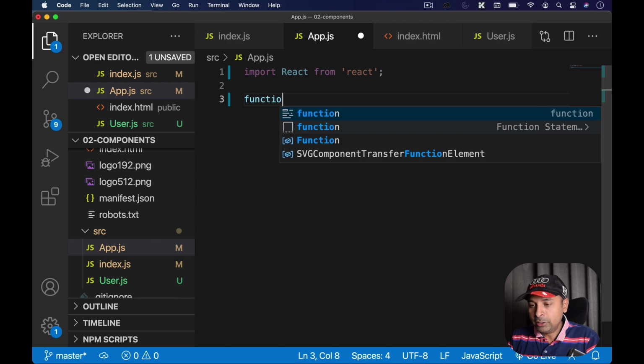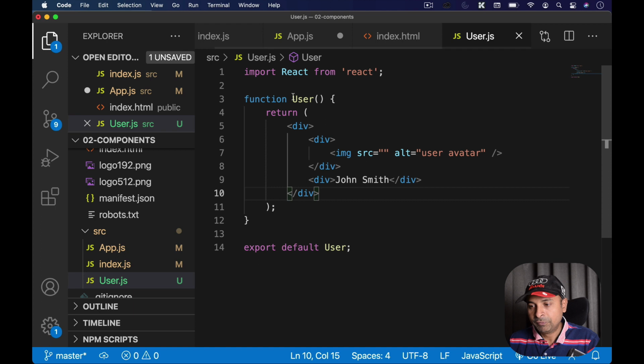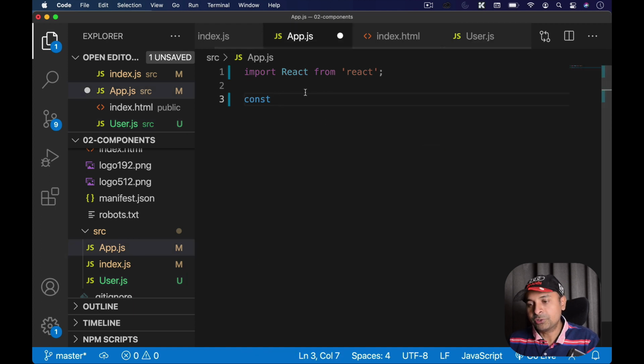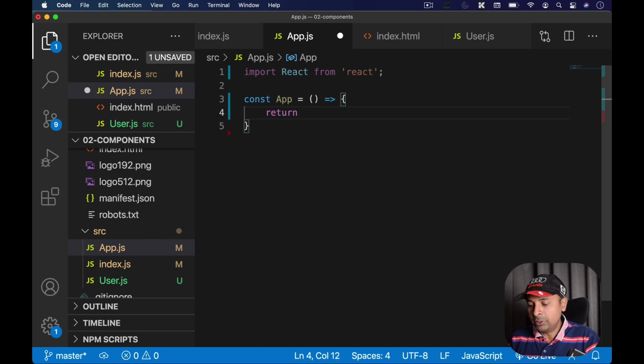Okay. I'm going to write a new function called app. Instead of writing a function, I'm going to use arrow syntax to create a function now. So this is a different way of writing functions. How we have written here is okay. We can write a function this way also. So I'm going to create app is equal to, this is also a function, but this is called an arrow function in JavaScript. And here I'm going to return a JSX.